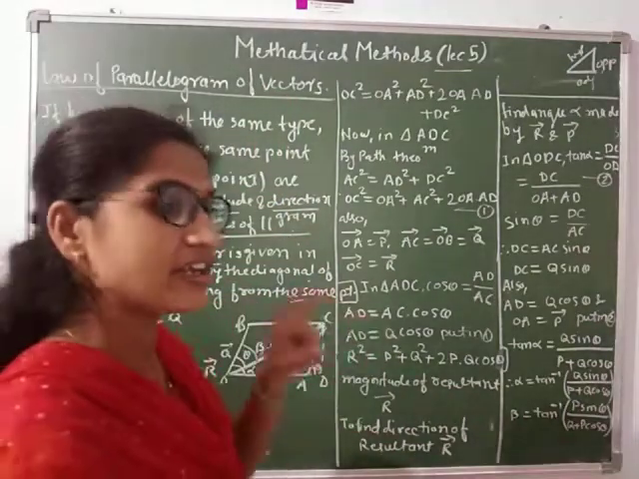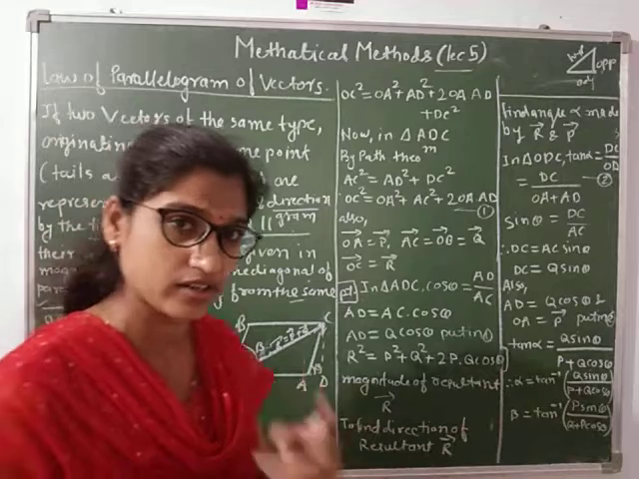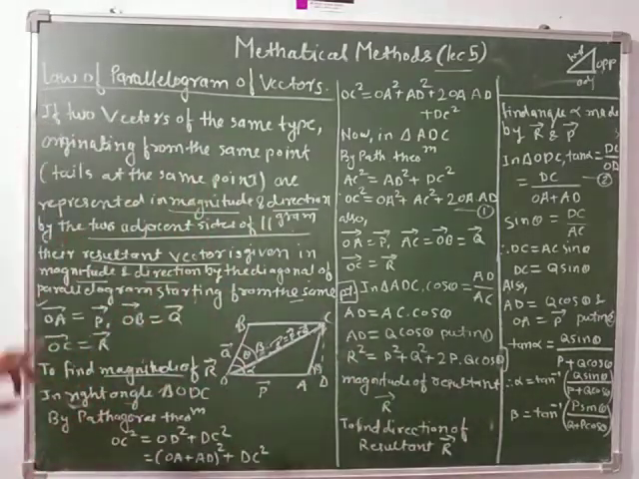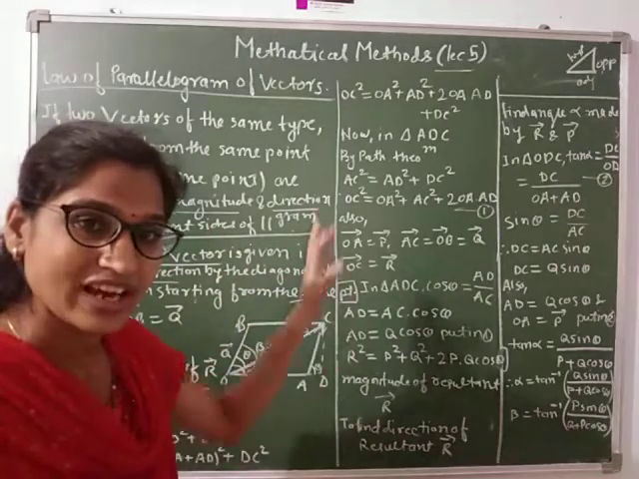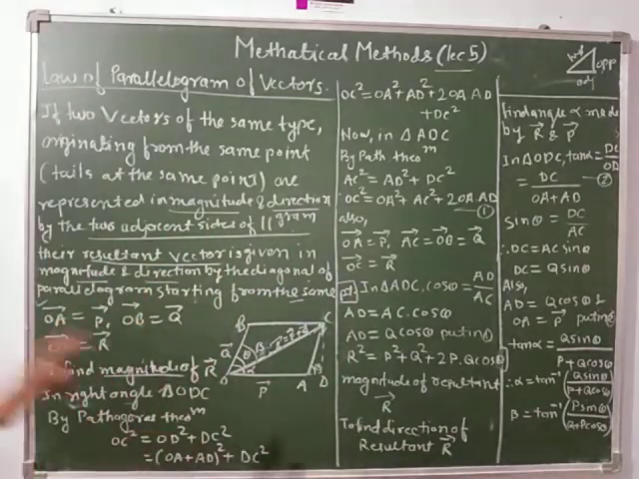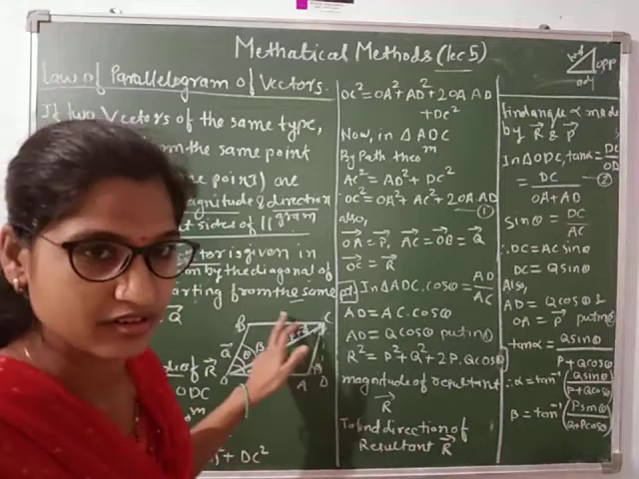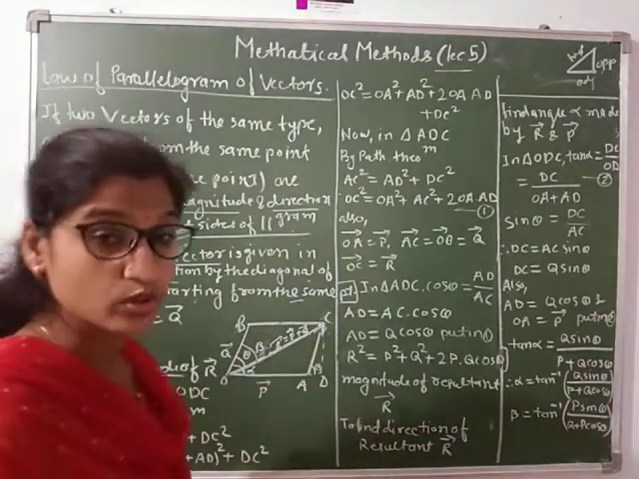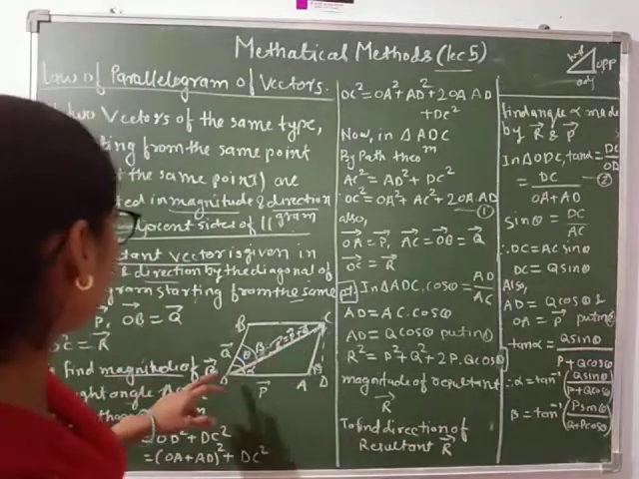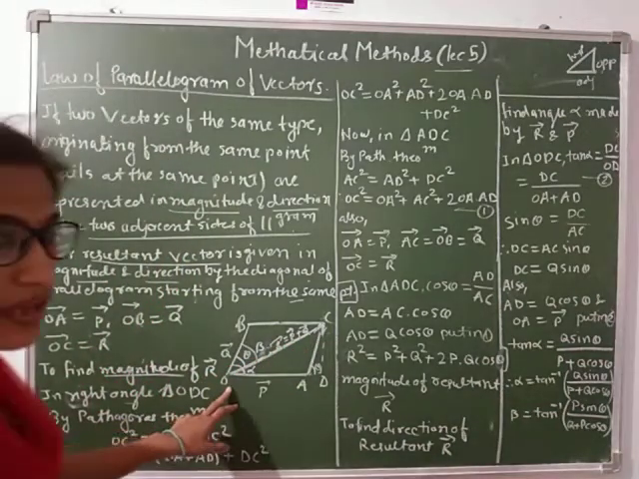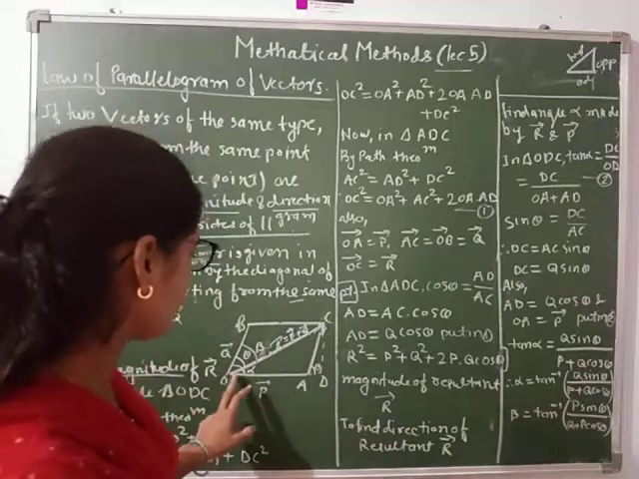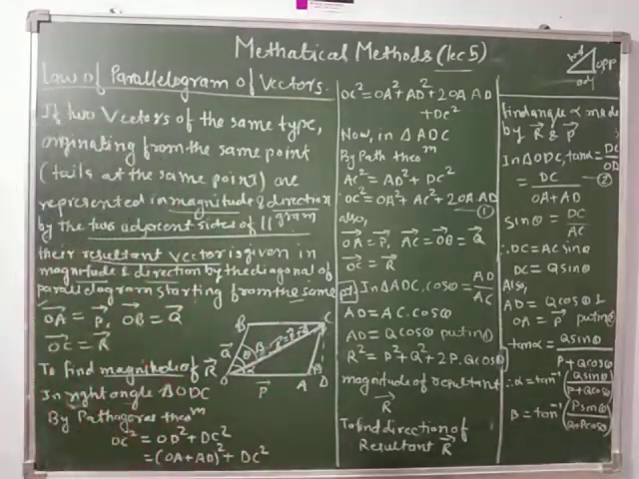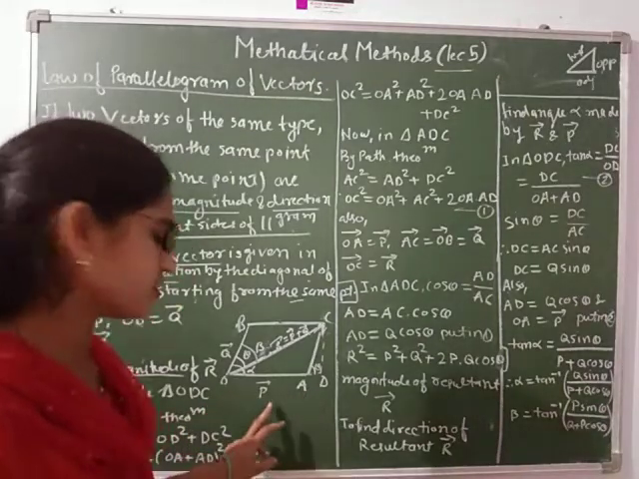That law says that if two vectors of the same type, originated from the same point, are represented in magnitude and direction by the two adjacent sides of a parallelogram, then the resultant vector is given in magnitude and direction by the diagonal of the parallelogram starting from the same point. This is the statement. Now, this is the vector OA which is represented by the vector P,